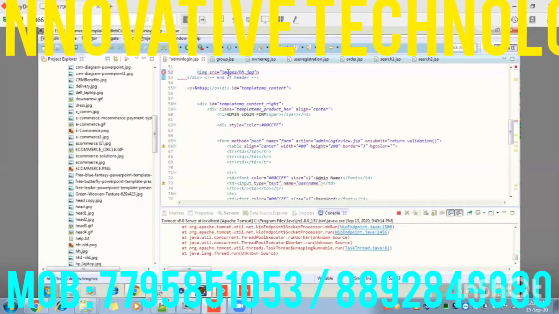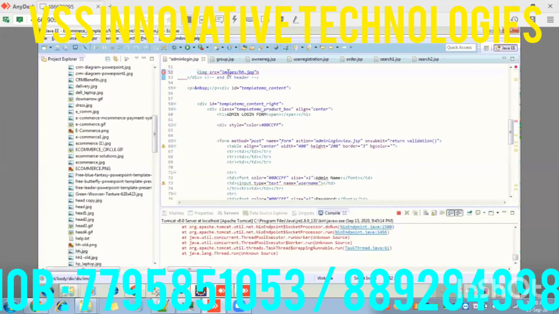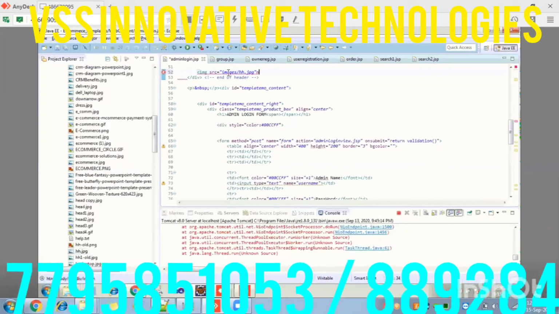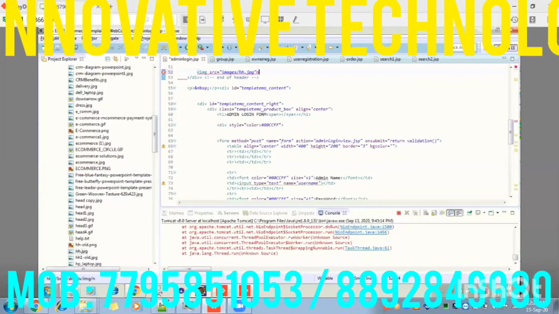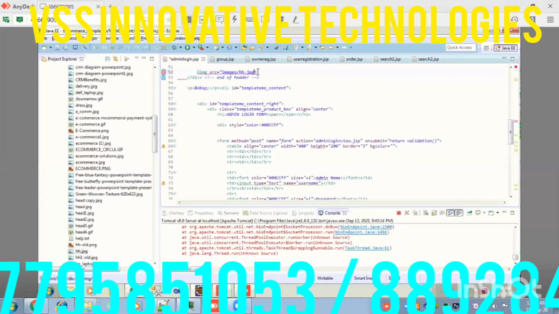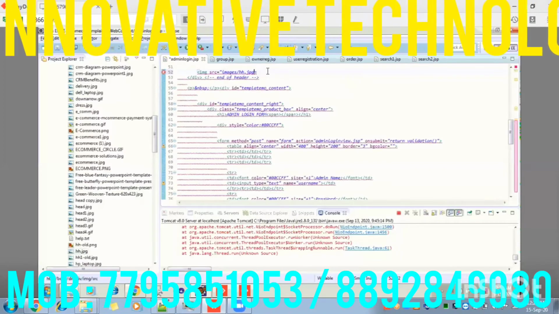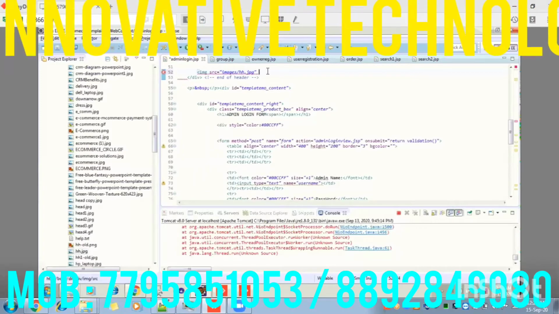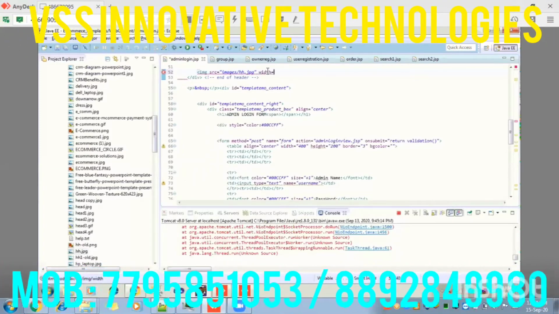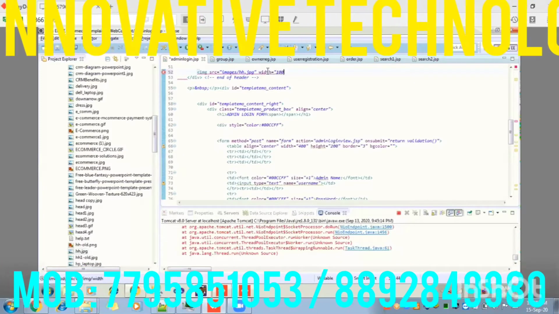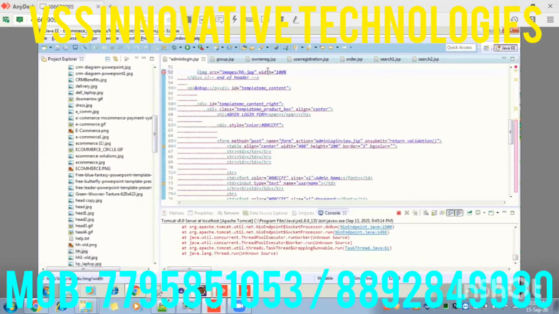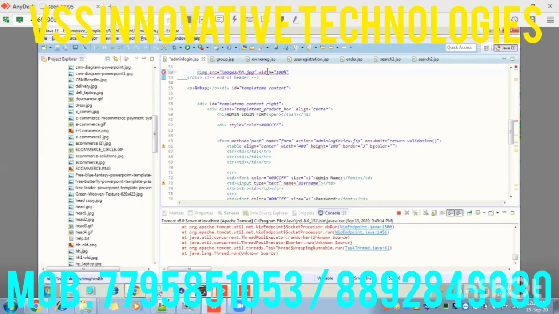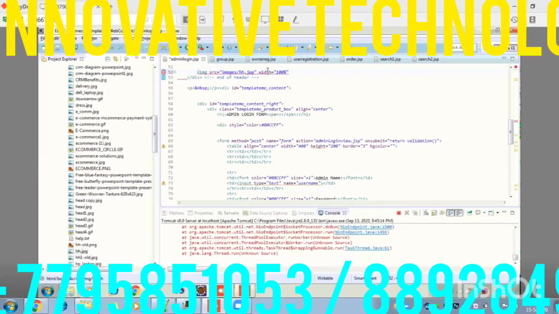And how you want the width, width is equal to 100 percentage. Then you have to close with a slash, then you have to put greater than.